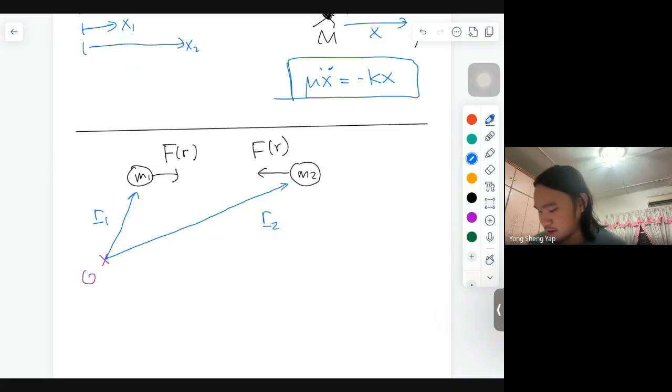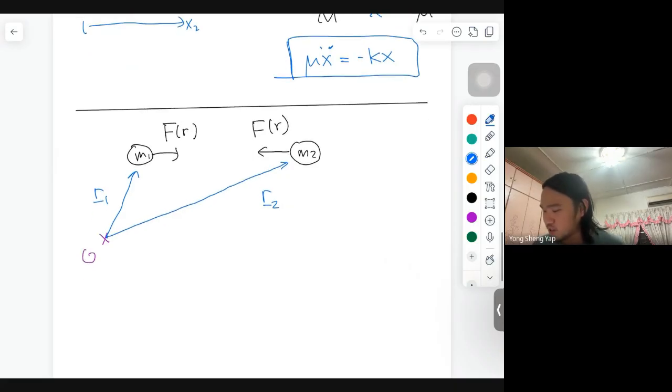Then the equations of motion can always be written as m1 r1 double dot equals the force between the two, f of r, in the direction of